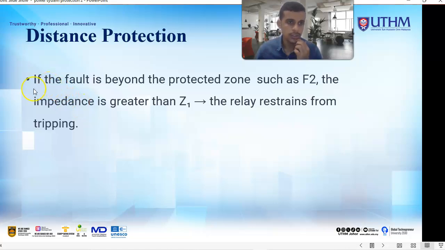The last one, if the fault is beyond the protected zone, such as